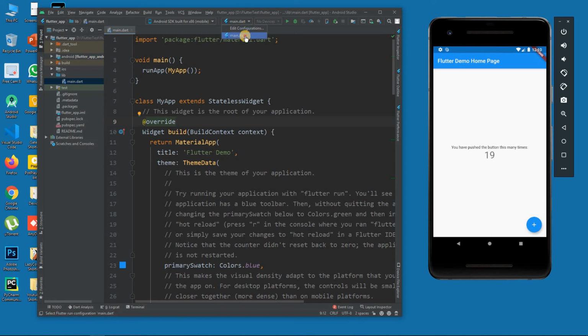If you place any other file here, then it will start running from that file. In our case, this is the entry point of our app, so you can change the entry point here. When it compiles, it will change the entry point, but we don't need that.